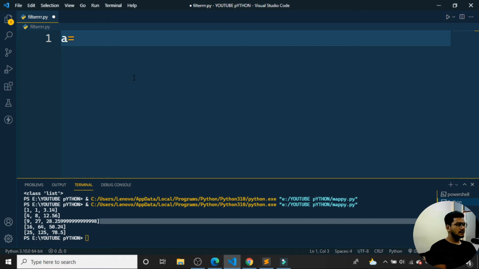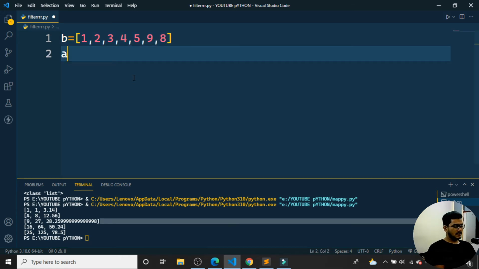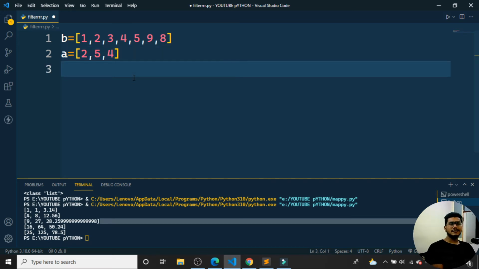Here I'll say b is equal to 1, 2, 3, 4, 5, 9, 8. I'm giving a few values in b. Then I'll say a is equal to 2, 5, 4. I'm giving a b value as well as an a value. Then I'm giving a c value over here.